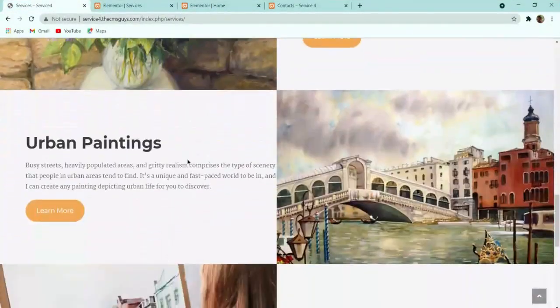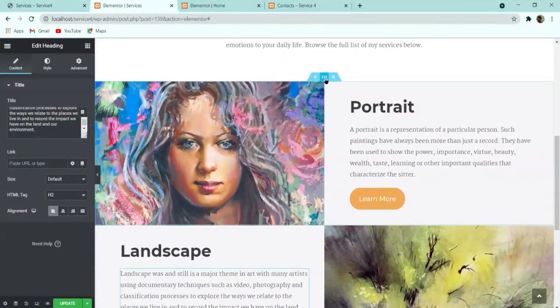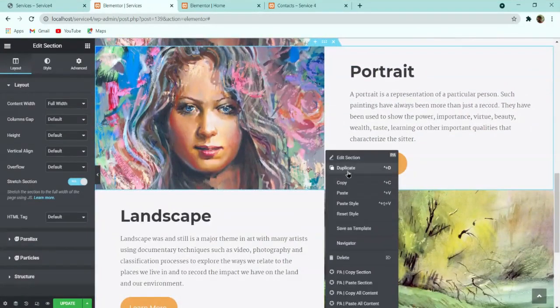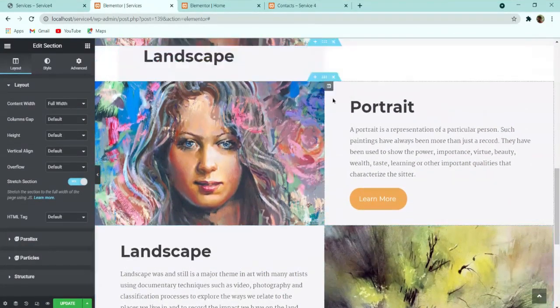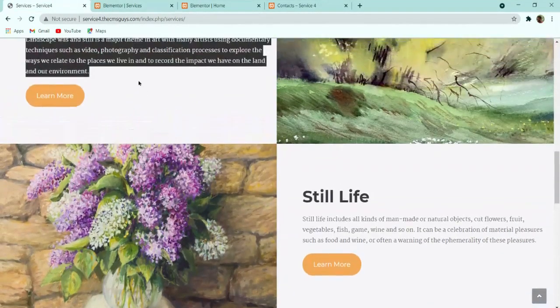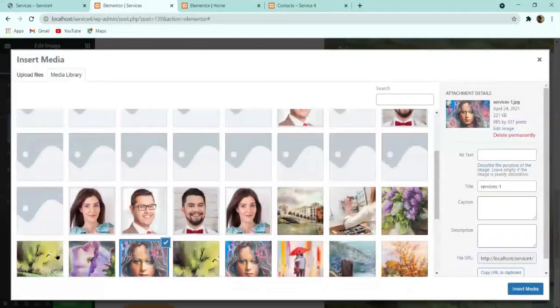So we have to create three more sections. So what I will do, again I will duplicate this one, and then I will duplicate this one too, and I will simply drag it here. So I have to change the images only. Here you can see that this flower image, let me select that flower image, this one.